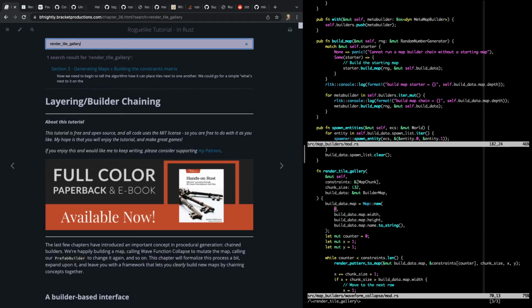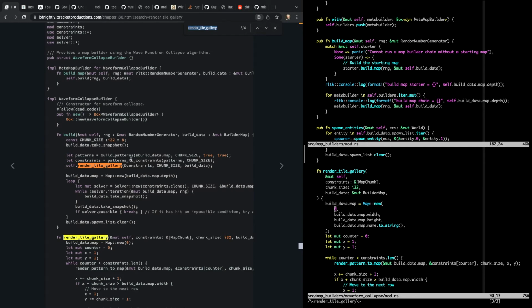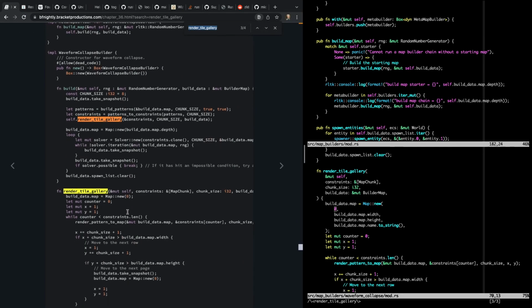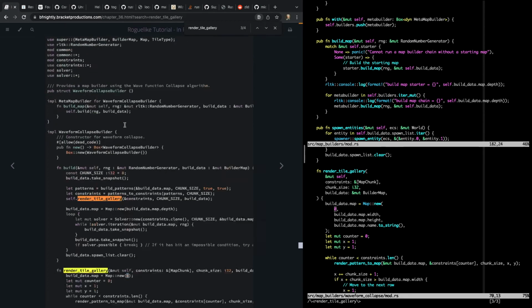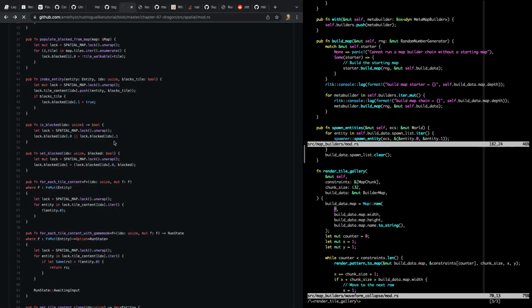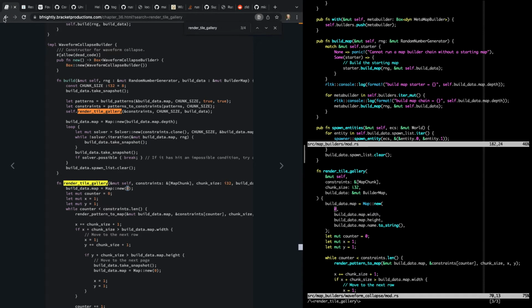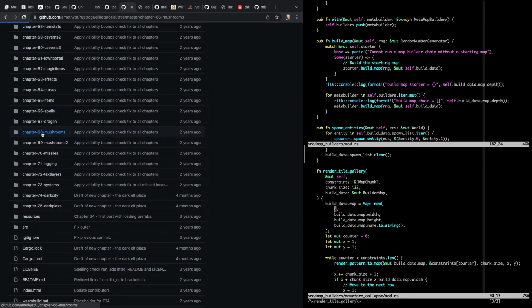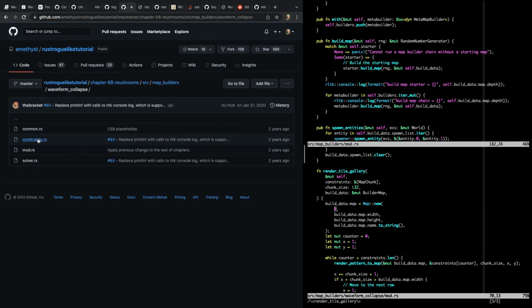I now want to look to see if this is a bug in oh, so we must have changed it over the course of no, because it says there's only one result found. Okay, now I'm going to go look at the actual code here. Roguelike tutorial. What chapter are we on? Chapter 68. I'll look at chapter 68, and then I'm going to go to source, map builders, waveform collapse, mod,